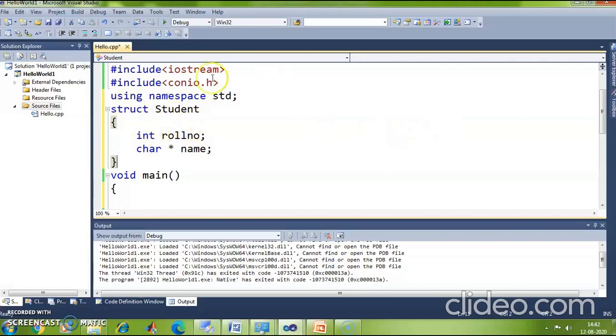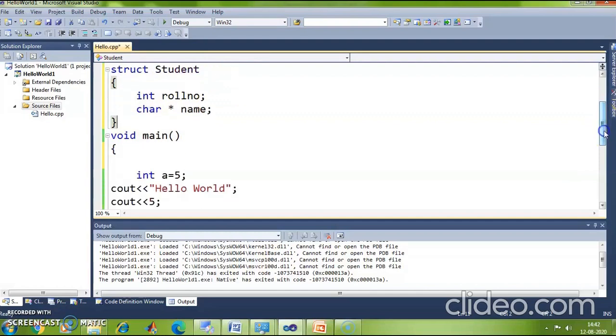Okay. So I have created a new data type here, that is student, which is of type structure. Okay. And the new data type that I have created here is student. So if I want to declare a variable of type student, I will declare it like this.